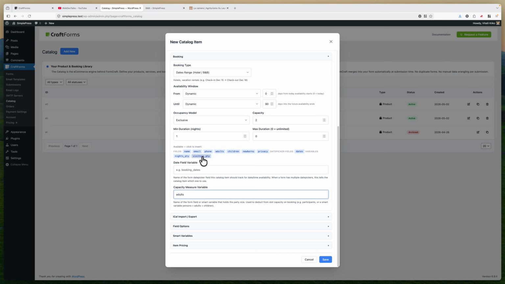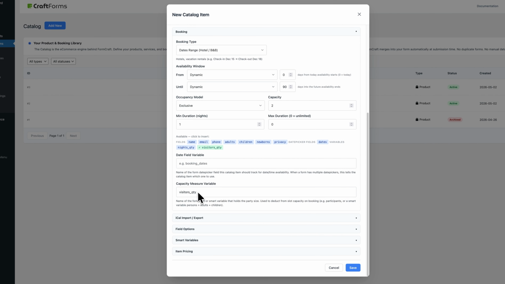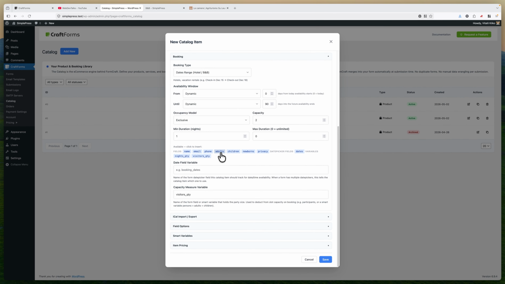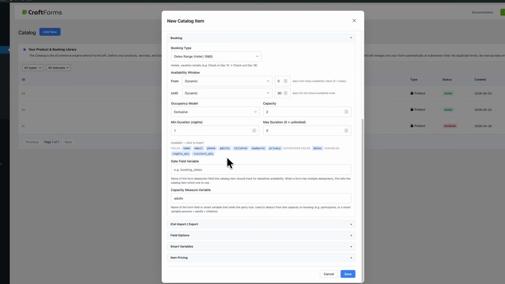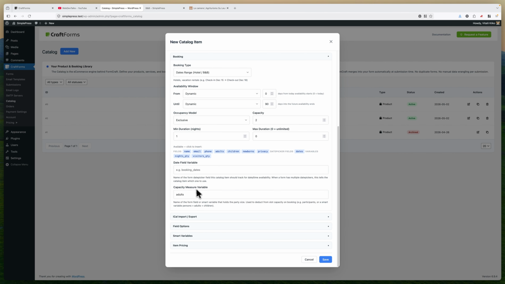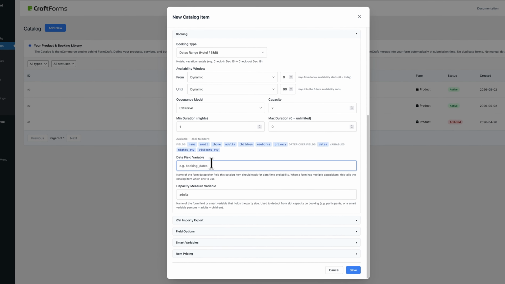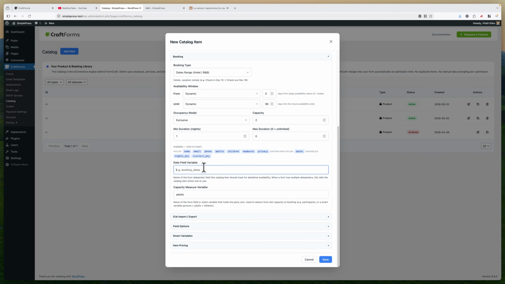So if I would like to set maximum capacity to be children plus adults chosen, I would choose this one. But in this case, I would like to choose only adults. So it might be a bit complicated, but it's very flexible because it's really possible to set it based on your schema, you know. And for the date field variable, checking against which date picker,